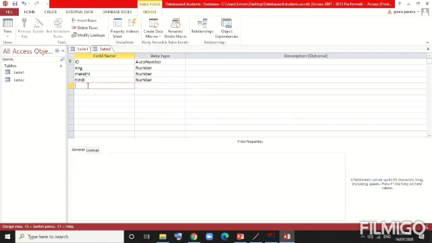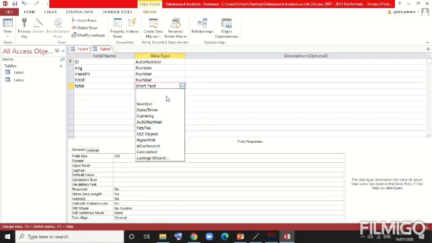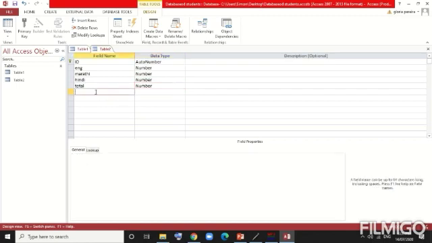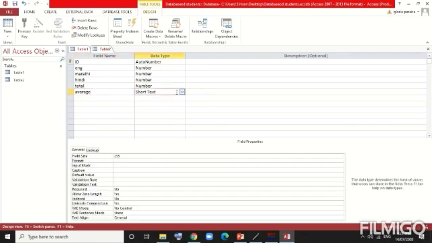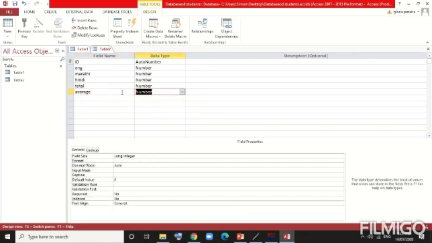And then one more we have here is, for example, other subjects, like you can add the total also. We have the total of the subject. This is also a number, so I'm going to add the number over here. Then we have average, and this is also a number, so I'm going to add the number over here. Okay. So these are the different information.